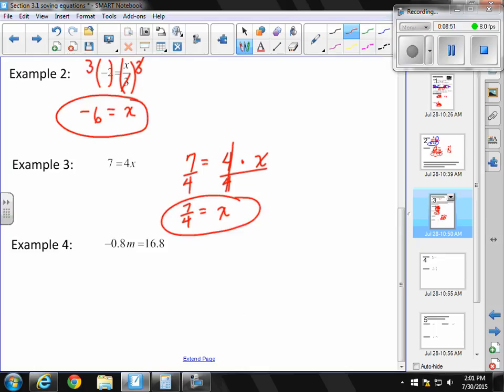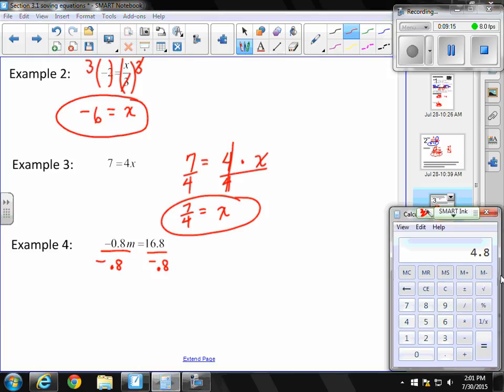And we're going to do the same thing in example number 4. Negative 0.8 times m equals 16.8. I'm going to divide both sides of my equation by negative 0.8. Sometimes when I'm writing these by hand, I leave out that leading 0 just because it's a little bit easier to read. So on my calculator, if I have